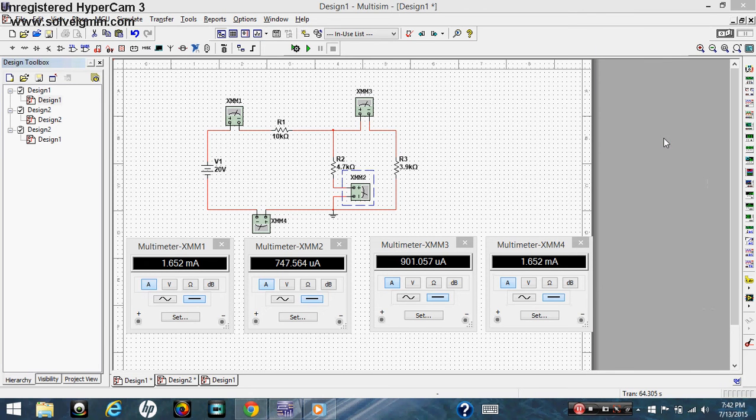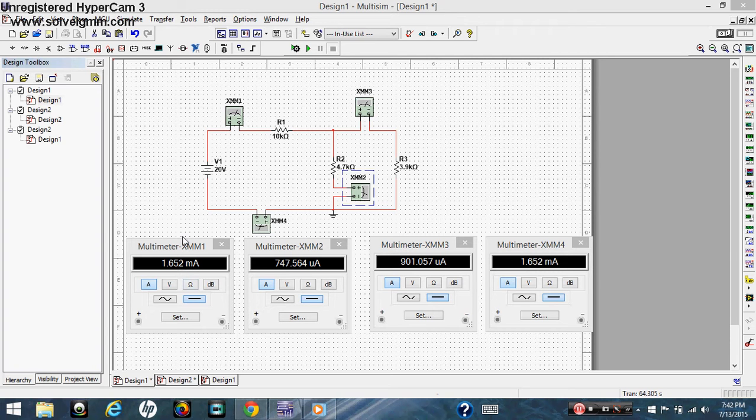Here, as you can see, is a project on Multisim. The circuit is already set up with multimeters to measure the different electrical components. So you have multimeters 1, 2, 3, and 4, and the values generated on them are shown below here. You set up the first multimeter in series with the voltage source to get